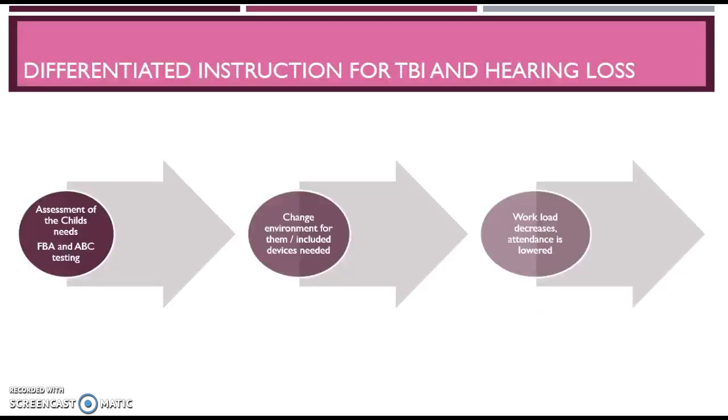So when a student comes in with these issues, in order to teach them properly, you have to assess them first to see what cognitive, psychological, and physical problems they have developed. Then create a structured environment where the workload isn't too much for them, decrease the amount of time they spend in school or on assignments, and provide a classroom that accommodates them. Supply things like memory games and devices like wheelchairs, voice devices, beepers, and memory pads. It's good to take notes and keep a journal so they can exercise and expand their memory each day in the classroom.